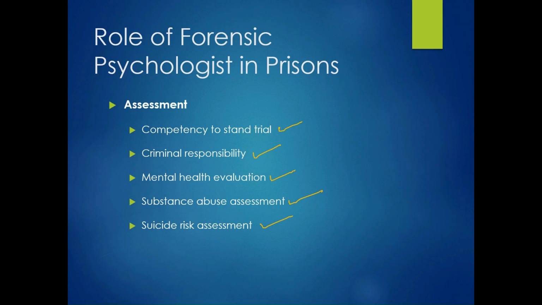Can they understand what is happening around them? Do they even realize what exactly they have done? Did they commit the crime consciously or during a mental health episode? Do they have substance abuse issues because of which they committed that particular crime? They were not in their right senses when this was happening. Are they at risk of harming themselves?